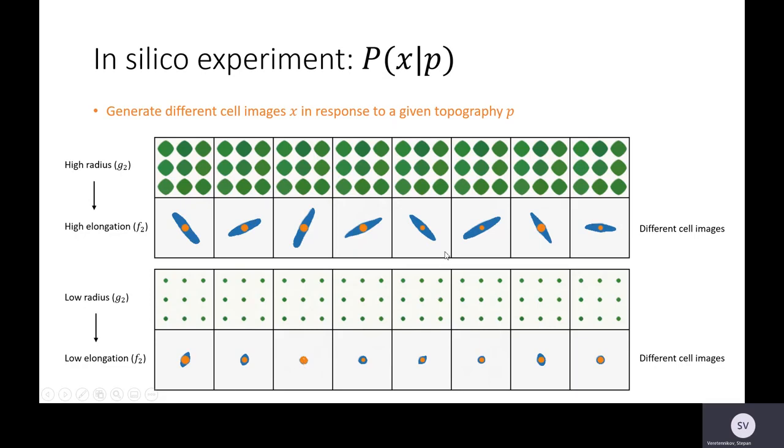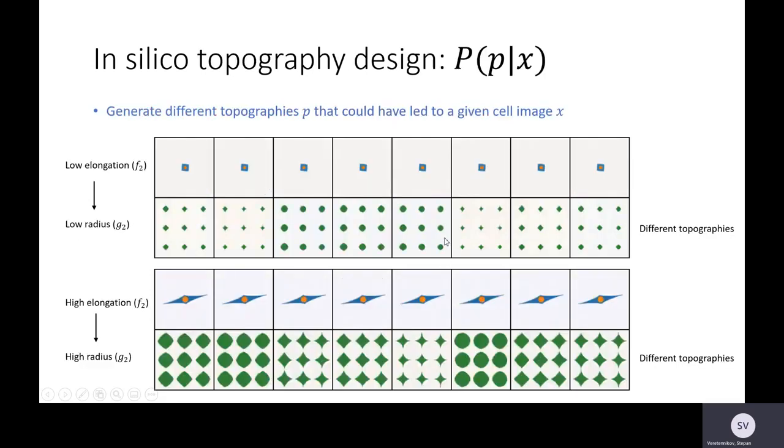The inverse application scenario is the in silico topography design, where we want to generate different topographies P that could have led to a given cell image X. For example, if we're interested in high elongation cells, if this is a desired property of a cell, we pass this high elongation cell image to the model, and the query is to generate different topographies which could have led